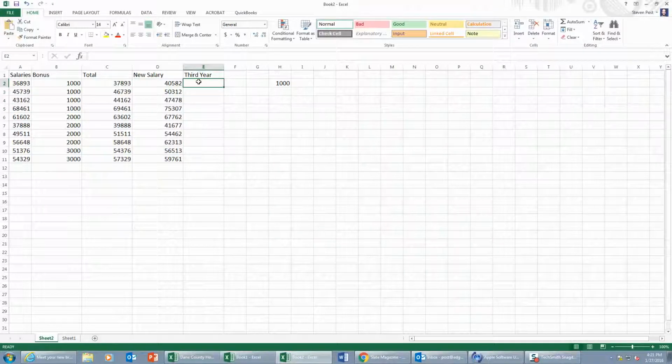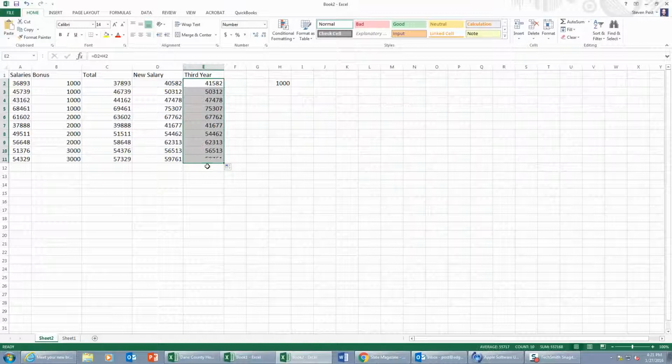So look what happens if I try to do the thing I think I ought to try to do. I type in equals this column plus this. Okay, that did what I wanted. It added 1,000. But when I copy the formula, notice that all the ones after didn't have anything added to their salary. Why not? Well, the reason they didn't have anything added was because even though I typed in D2